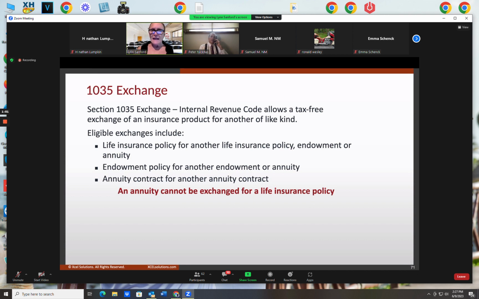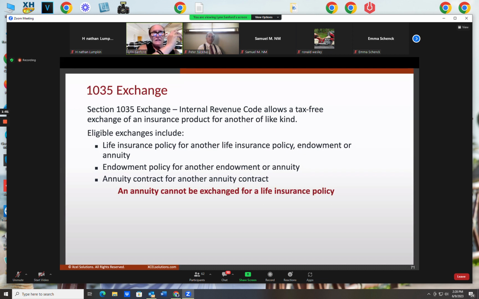So like to like, that's always good if done the proper way. A person will not incur any taxation because they're just transferring it from one life insurance product to a different life insurance product, with either the same company or a different company. They're exchanging money out of a life insurance product into an annuity with the same company or a different company. They're exchanging money out of one annuity to a different annuity with the same company or a different company. Life to life, good. Annuity to annuity, good. If done the proper way.